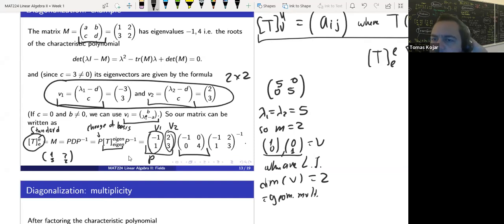David asks, what's the eigenvalue and eigenvector of a change of basis matrix? Is it the whole R2? I'm not sure what you mean. This P is the change of basis here.